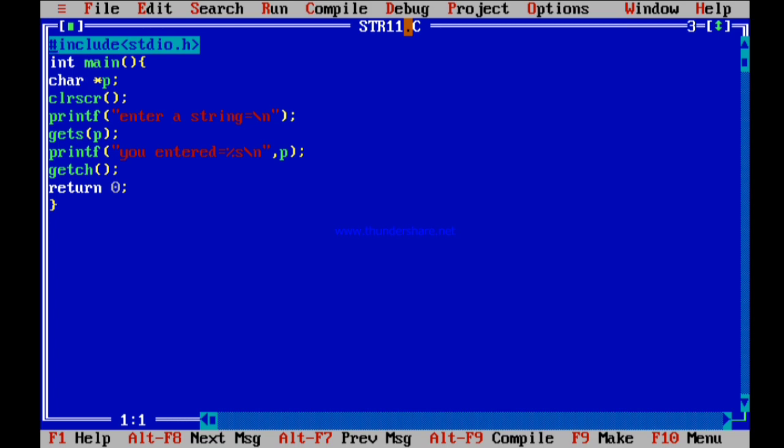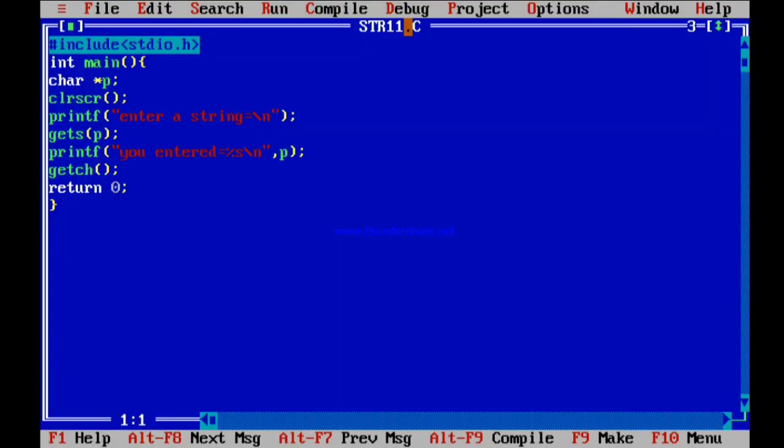Okay, I'm executing this program. It's asking me for the string. I'm entering New York, and it is printing that you entered New York. Okay friends, so just look at this program. I entered the string and I used the gets function to read that string into the pointer p. Here the pointer p, I'm just printing that string on the screen. Okay, I'll show another program execution where I'll show you an example program for functions that return pointers.